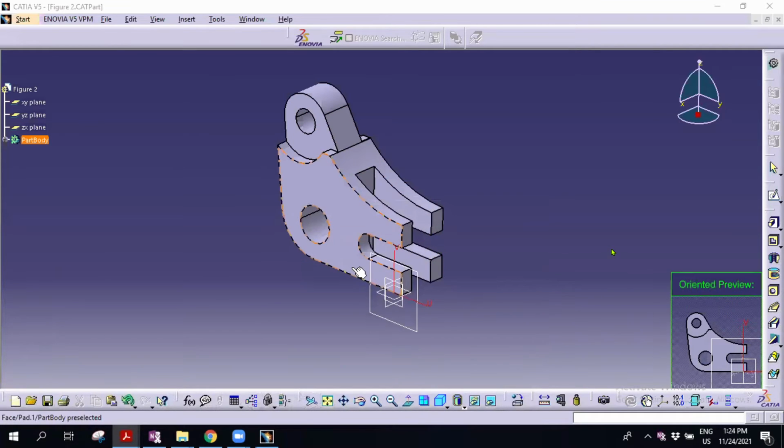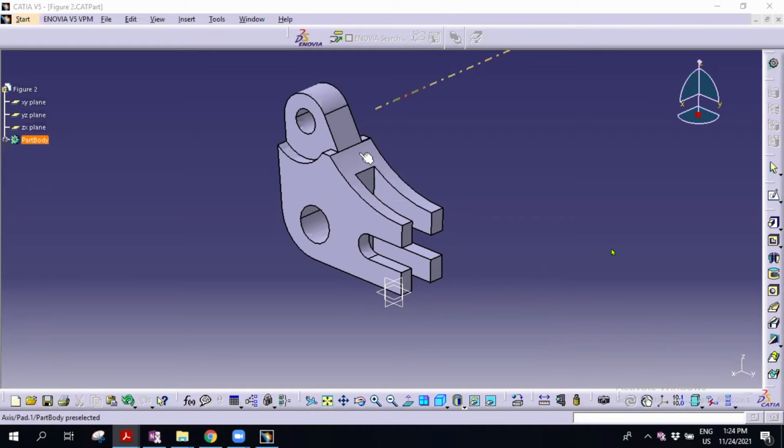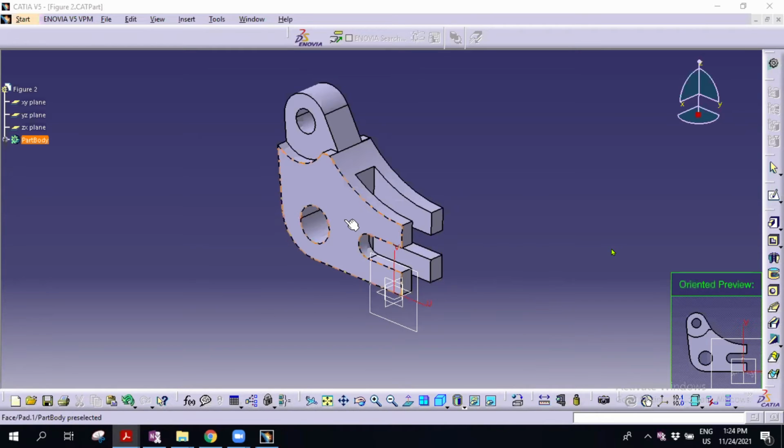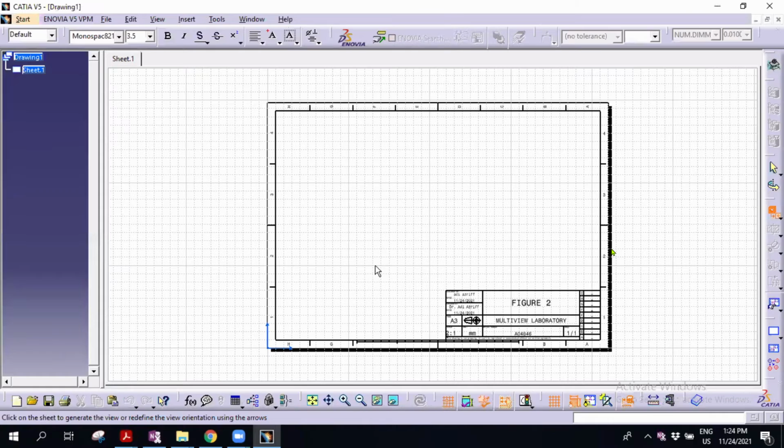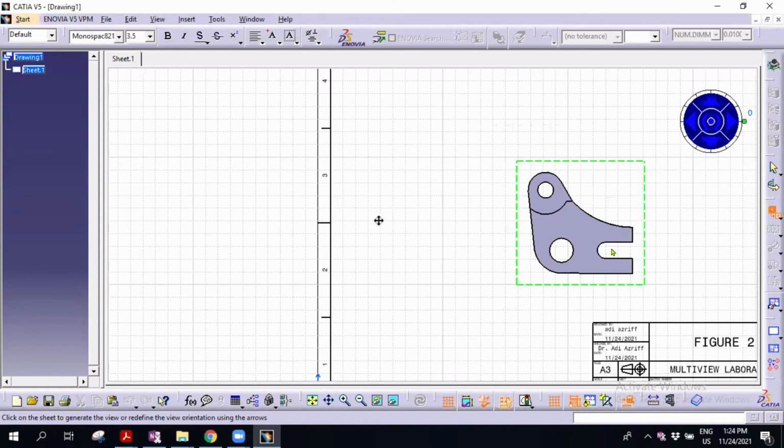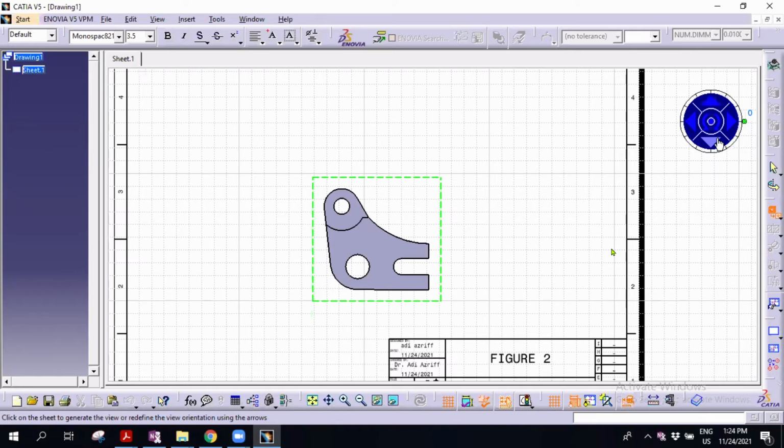When you put your mouse here, you can see on the right side there is a view. If you select this one, it becomes something like this. If you select the top one, it becomes something like this. You cannot get the name. So the correct one is, this is your front view. Select this view. Then this automatically will move as your front view. So on the right side, you can see the arrow.